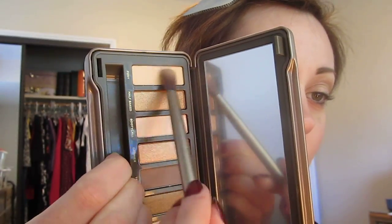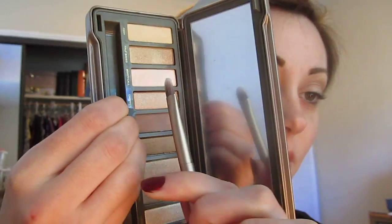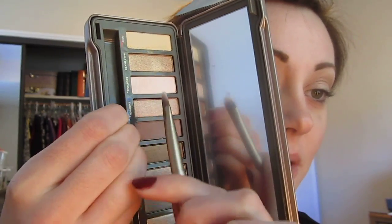I like the way synthetic brushes blend anyways, and they don't smell like animal hair ever. Now before we start going into richer pigments, I'm going to take a little bit of Foxy, because I'm yellow toned, this is going to work for me. If you're not yellow toned, go into Booty Call, that nice pink, and we're just going to go all over the upper brow bone,